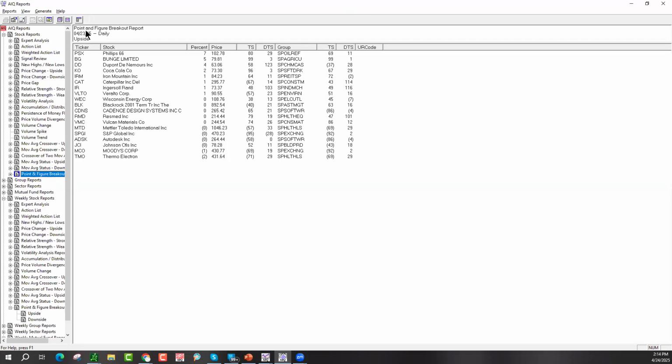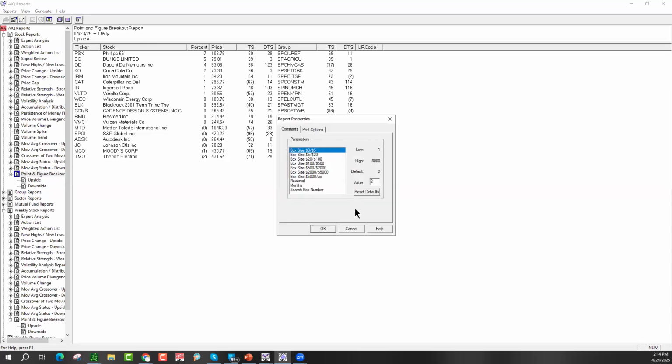The settings for the point and figure are exactly the same as the settings for the charts, except for one area in the reports themselves, which I'll show you right now. So here it is, upside and downside: upside is X, X, X, 3 X's and a breakout, downside is 3 O's and a breakout to the downside. The settings that are used in here, when I go into the properties,